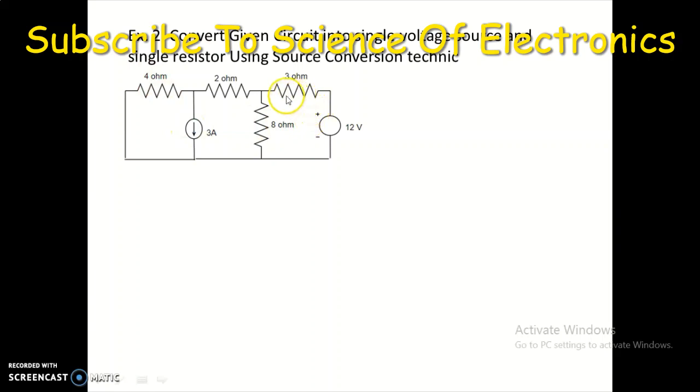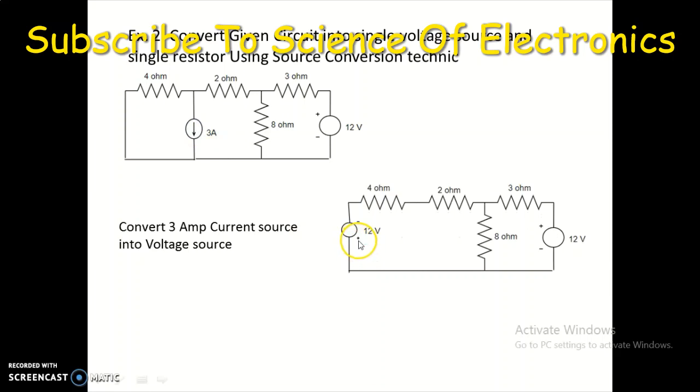If the direction of current is from this side, then at this point the current gets divided. So this branch and this branch are in parallel. So V is equal to IR. So 3 multiplied by 4, which is 12 volt, and the direction of this current is downward, so the positive terminal of the battery is to the downward side. This resistor which was in series with the current source goes in parallel with the voltage source. Now we can take the addition of these two resistances.